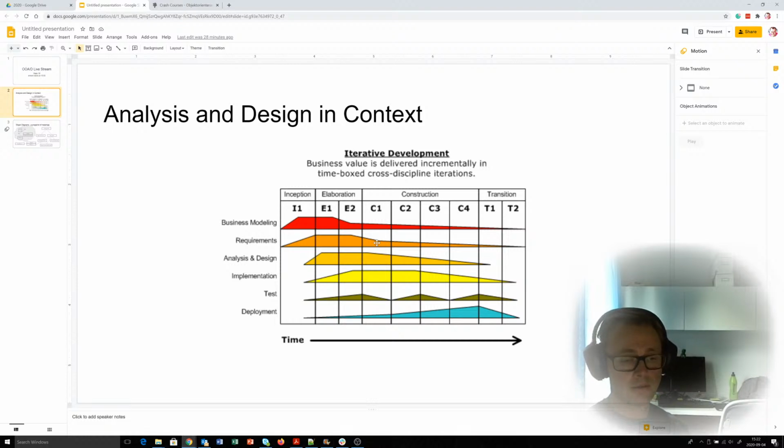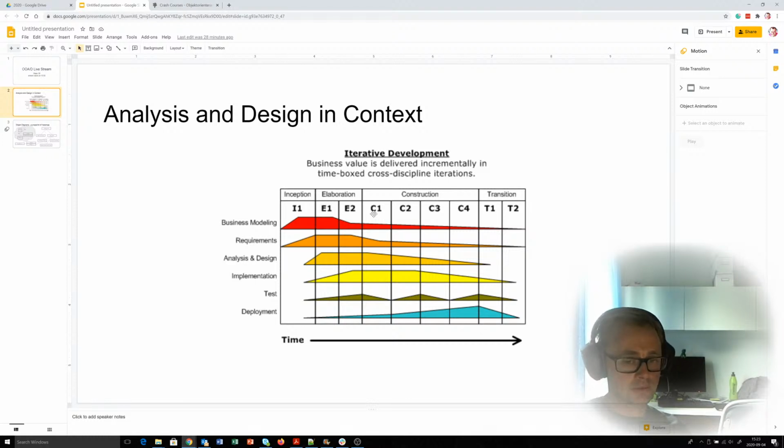And the more low-level design work can start when we have a basic understanding of some of the requirements and some of the domain model, and then we can start with the design and implementation and testing and deployment of the system. I think this image here is from the Unified Process Wikipedia page. So it explains quite nicely the focus in different